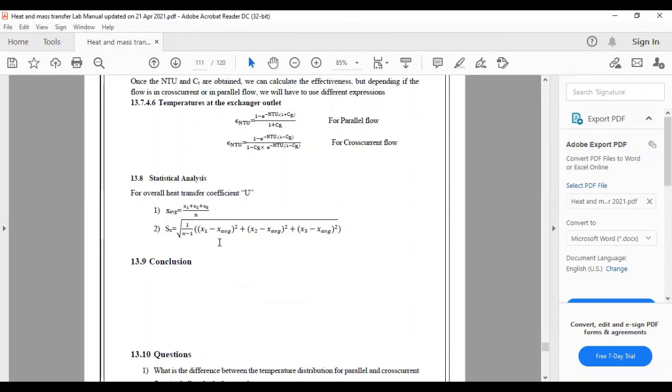Standard deviation will represent how the values are deviating from the standard value. So for the first observation, that will be u1, we will take the difference of the average value from u1 and square it, then the difference of the average value from u2, squared, plus u3 minus the average, squared, and we also will do this for the fourth value, that will be u4 minus u average and square it. Then we will divide it by n minus 1, n is 4 here, and we will take the square root, and that will give us the value of the standard deviation.